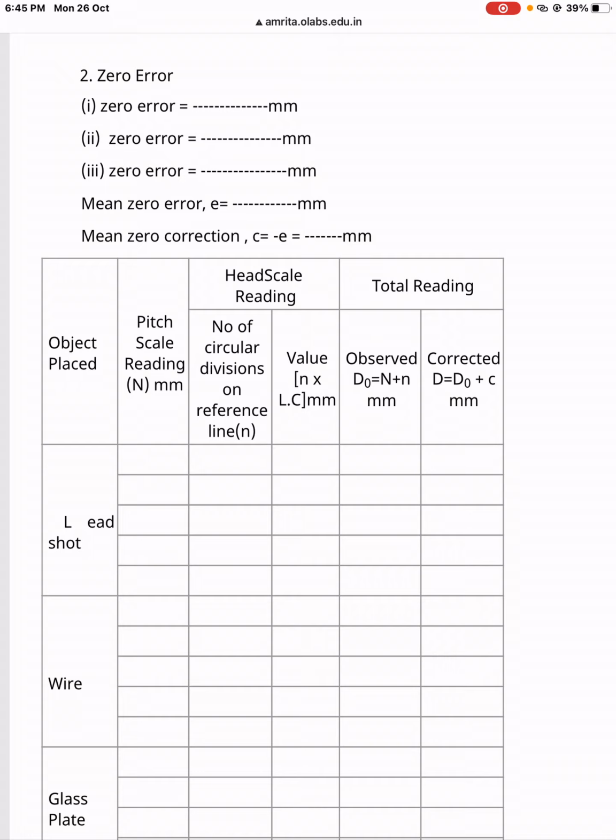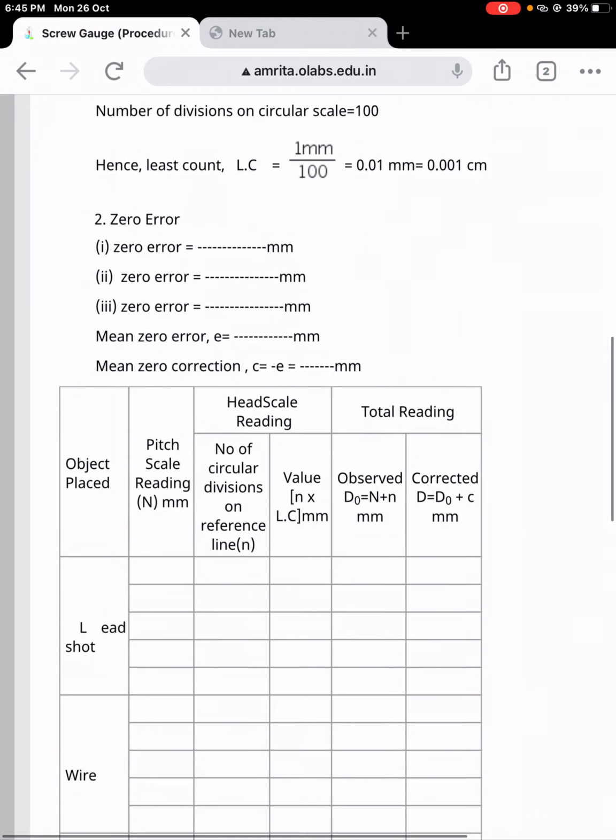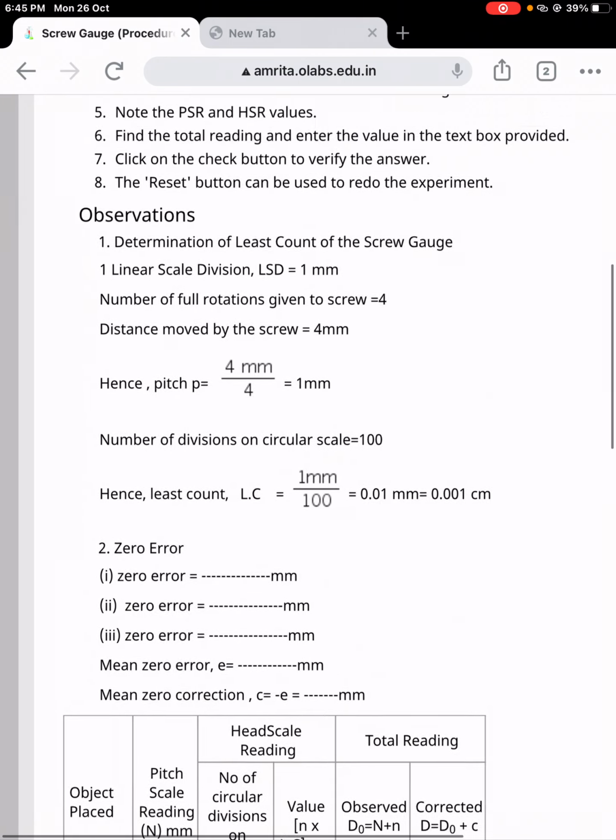On the right side it is written corrected. It is for screw gauges which are not correct, which have some error. In this screw gauge we have no error, so we will ignore the corrected column.